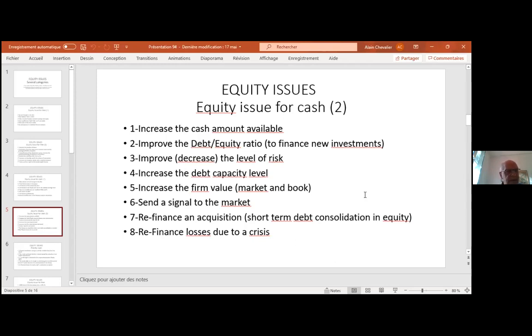That means that in general, when the project is accepted, validated, I would say, by the market, the increase in the market value is higher than the increase in the book value, because the book value integrates only the increase in cash and total equity, but the market value increases, of course, these elements, but also the expected net present value of a future investment financed by this increase in cash.